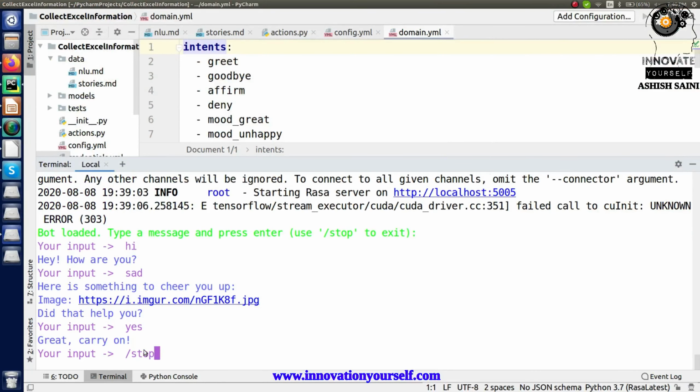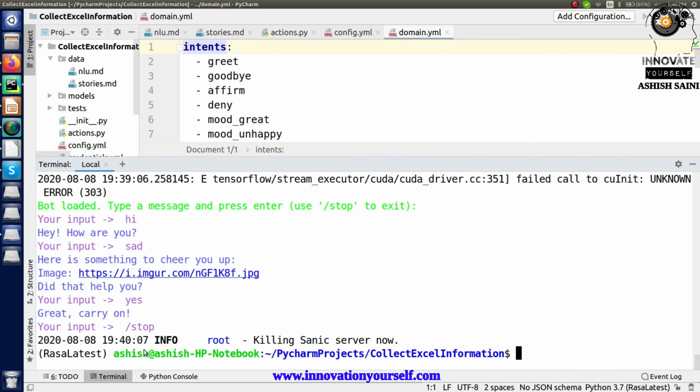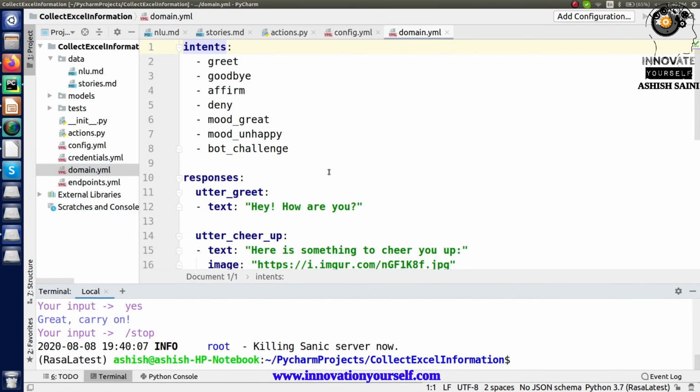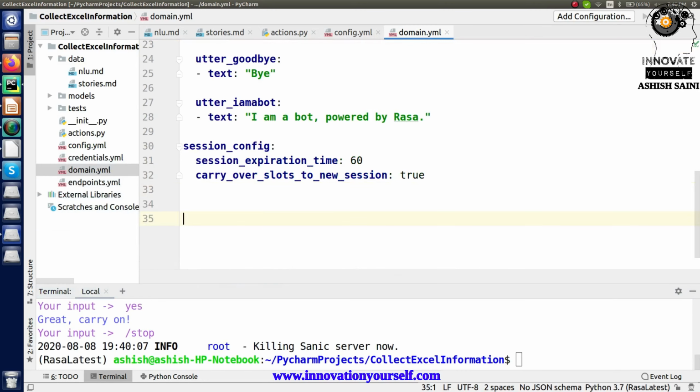Now let's stop it, and move ahead and get back to the task that we are going to cover in today's session. In this task, as I said in the beginning, I will be collecting some information from the user. And what will that information be? The name of a person. Similarly, the second thing will be phone number. Similarly, email ID. So these are the three different values.